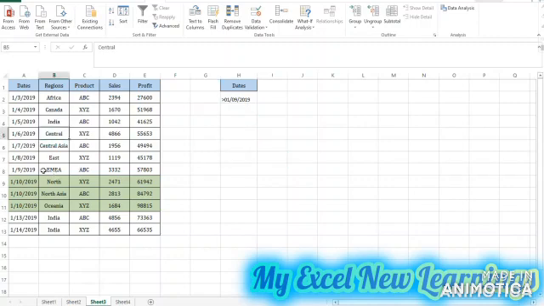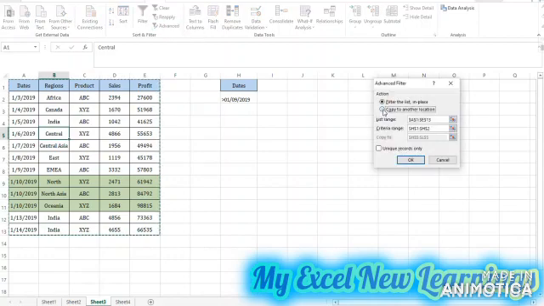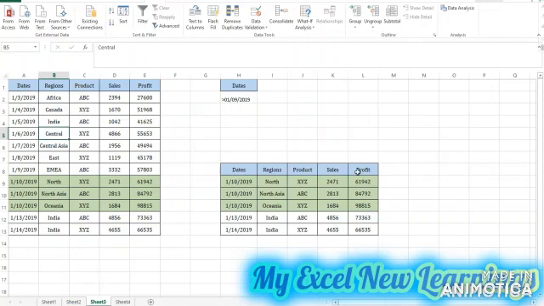So I will click in the data anywhere, then I will go to the data tab, then I will click on the advanced filter, then my list range is already selected. Now I will clear this criteria range. This will be our criteria range, and I want to copy and paste the data here. So we have total 5 records which are greater than Jan 9. So here are the 3, 4 and 5. This is our data.